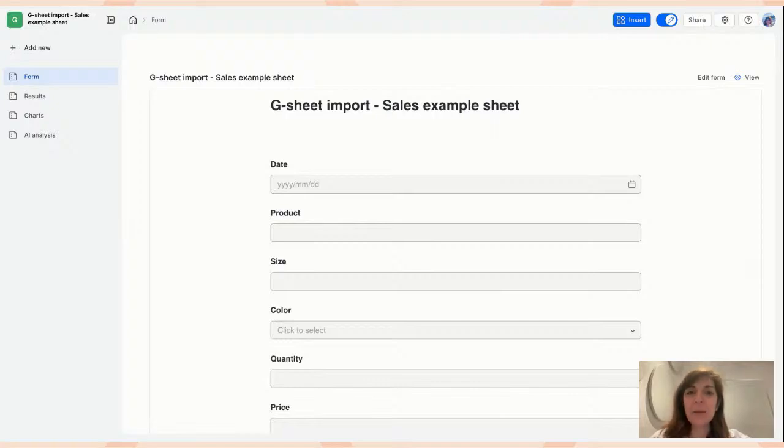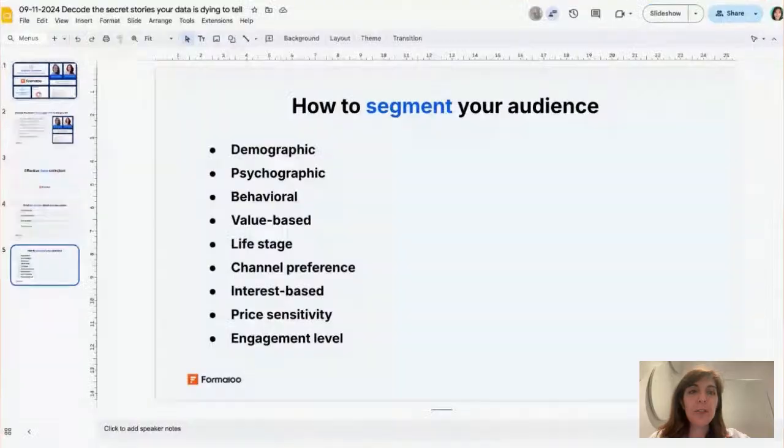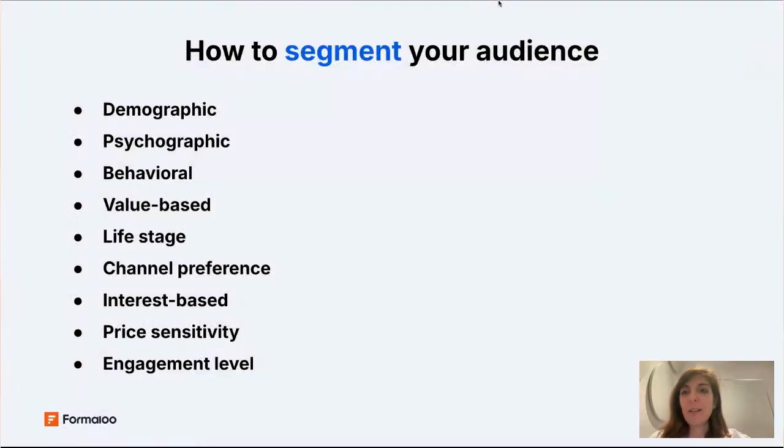And speaking of segmentations, I know many of you already know it, but I want to share this screen and tell you a little bit about the audience segmentations you can consider based on your business. It can vary business by business, but you can segment them based on demographic, psychographic, behavioral, value-based.